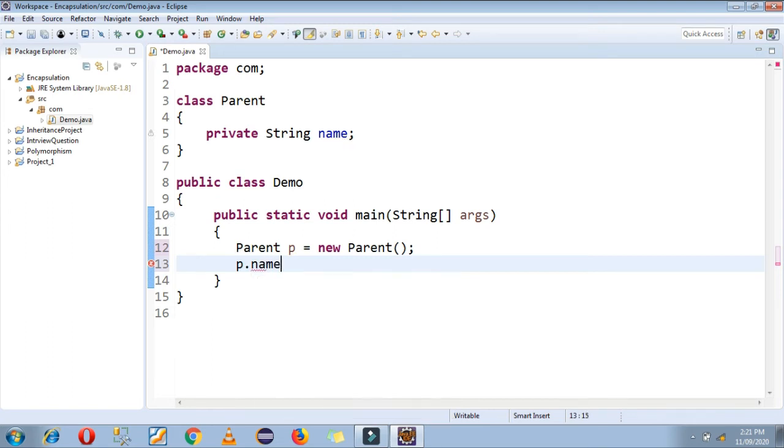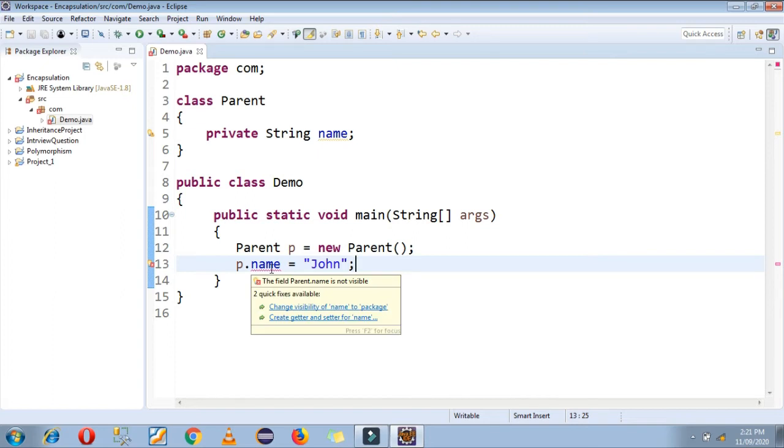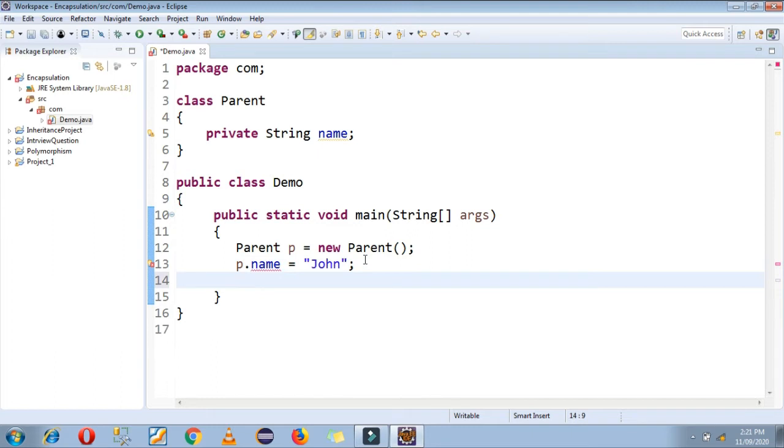Here you can see I cannot update or provide a value in that variable, and here is my error: the field Parent.name is not visible. The JVM generates an error that you cannot access the name variable, because it is a private variable.